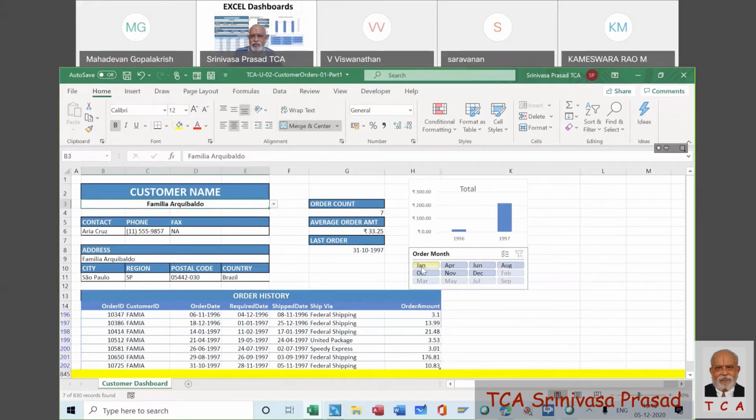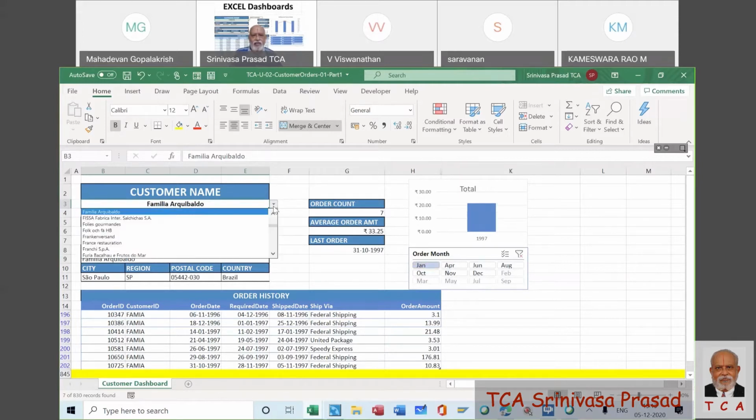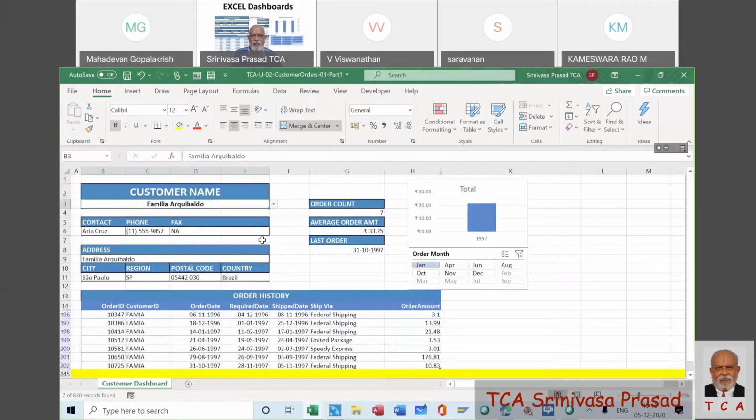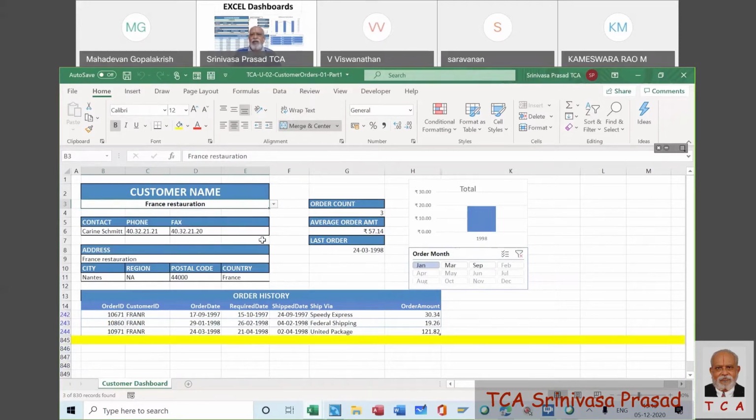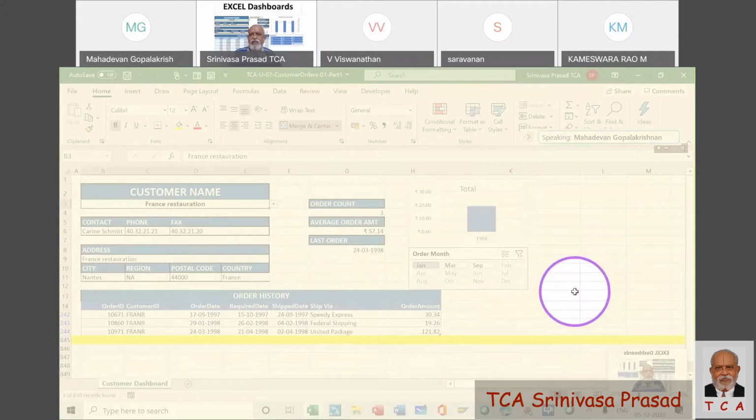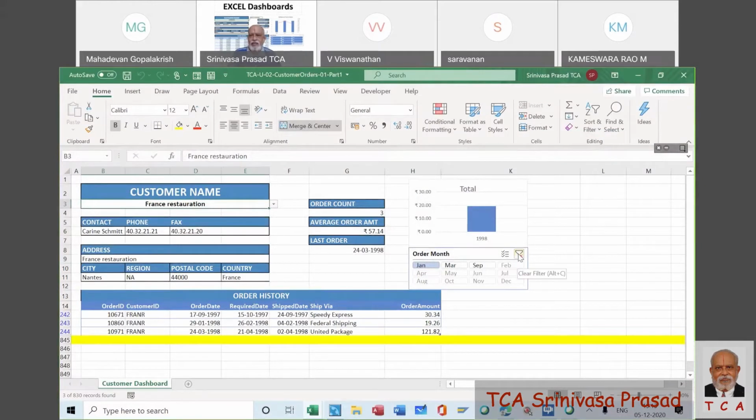When we filter for this customer only for January, and then select another customer, any customer for that matter, it will only give the January graph for the next customer also. It does not give the graph of September, March. He has got September and March also, but the graph talks only of January. So if I clear the filter, then I get everything.